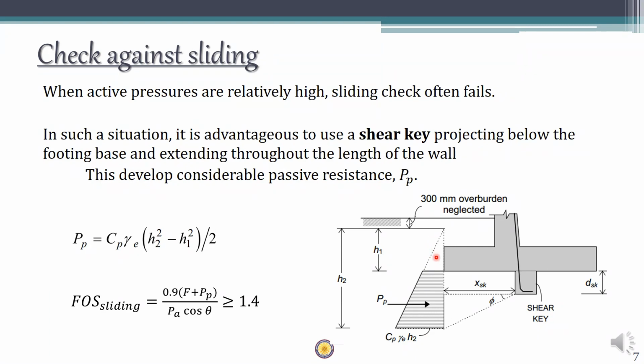So this soil will exert a passive earth pressure. This passive earth pressure can contribute to the resisting force here. So we have to draw a passive earth pressure diagram, and from this portion of the soil which is exerting the passive earth pressure, PP can be found out as the area of this total trapezium. So we calculate PP by this formula, and finally this PP can be added to F, which is actually the resisting force.